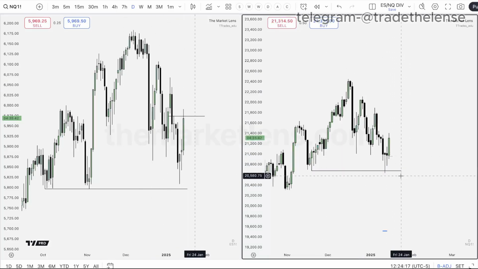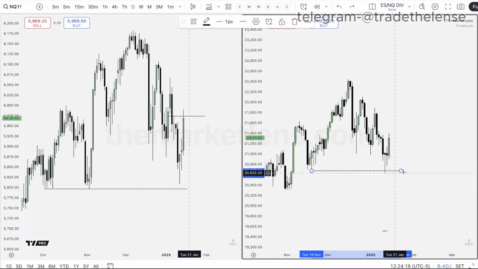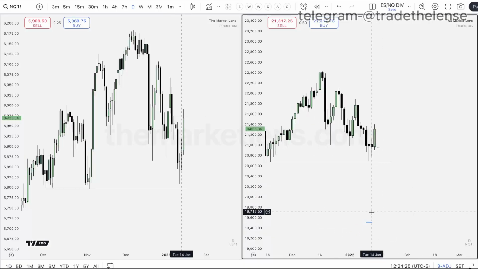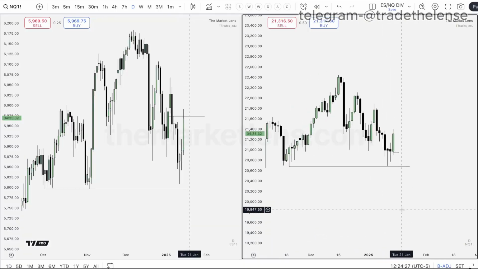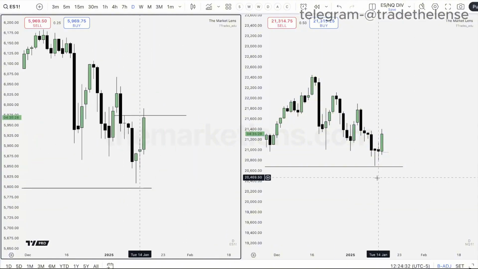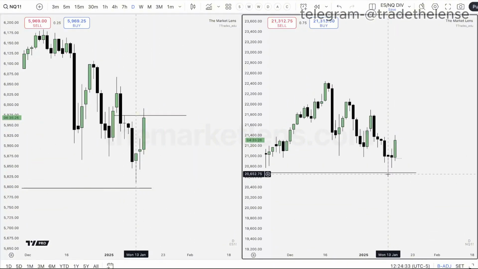Because we've taken this out, we've formed an SMT, right? But here, I just can't bring myself to long something when we just have equal lows sitting here and here. So yes, we have CPI absolutely rip higher. I'm not trying to short that because I'm not trying to fade the daily candle, but I'm also not trying to long it because it doesn't match my bias.